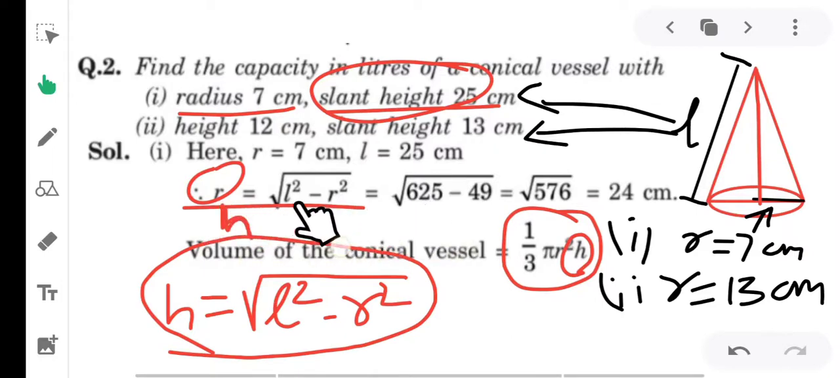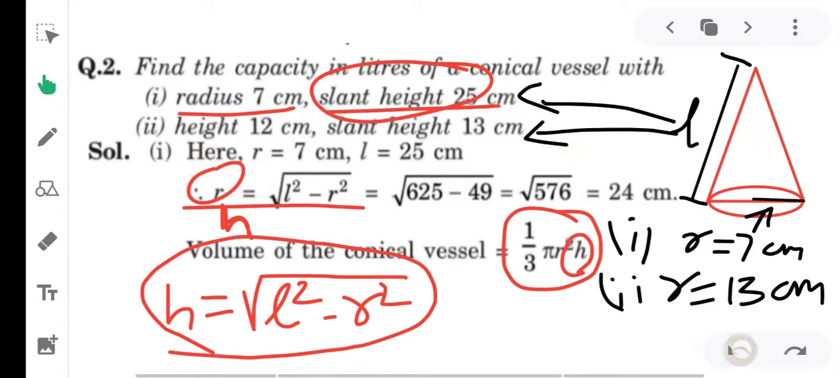So what we can do, L square, L is the slant height which is 25, so 25 square is equal to 625, and the radius is 7, right? So we have to subtract the square of the radius, that is 7 square, 49, so we will get 576, and 576 is the perfect square of 24, right? So 24 centimeter, that is the height of this cone, right? We are looking at the first case, right? In the second case we will have a different height, right? समझ में आ रही बात? तो यहाँ पर आपको second case हम अभी नहीं कर रहे हैं, हम यहाँ पर first case कर रहे हैं,